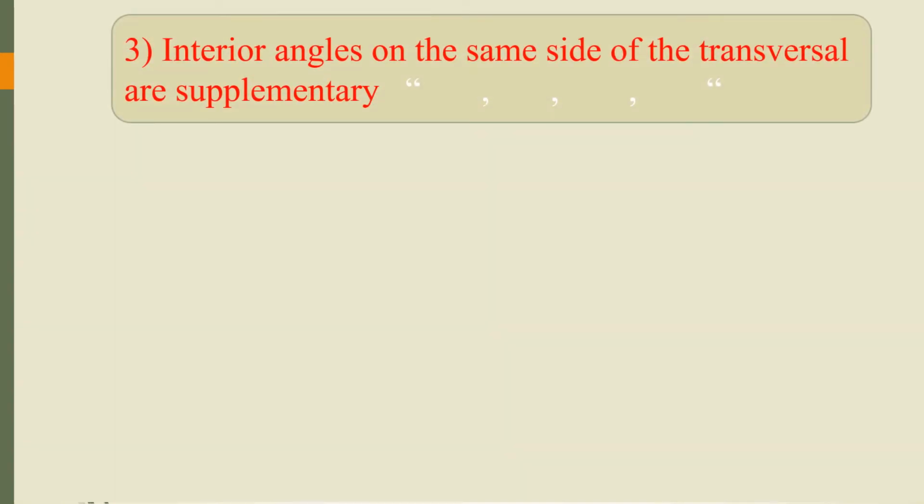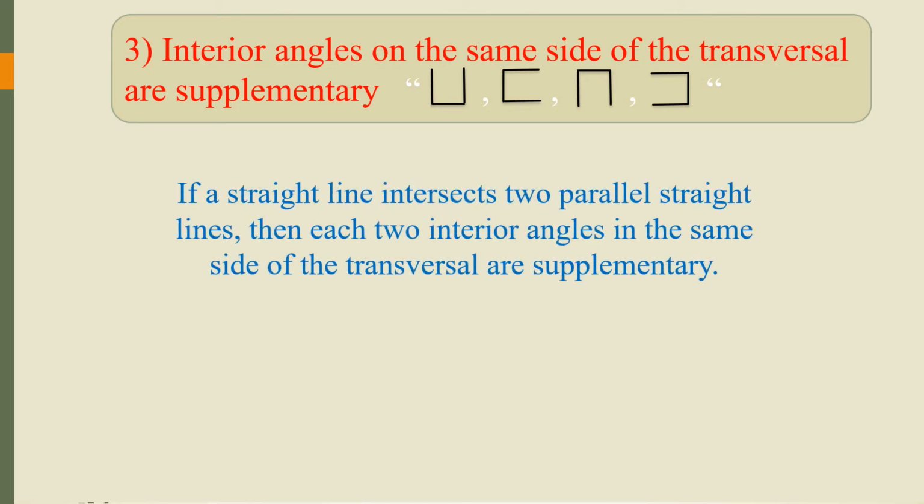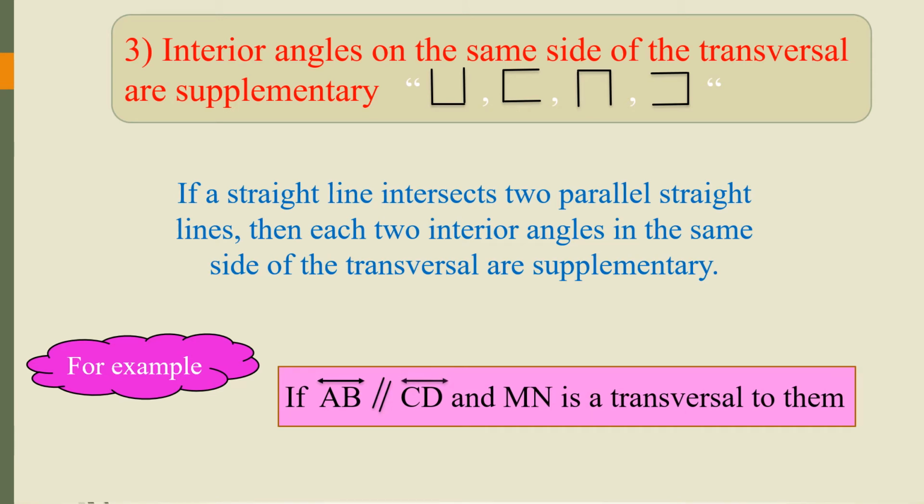Number 3, interior angles on the same side of the transversal are supplementary. And we can identify them using the letter U. If a straight line intersects two parallel straight lines, then each two interior angles on the same side of the transversal are supplementary. It means they sum to 180 degrees. Okay, for example, if the straight line AB is parallel to the straight line CD and MN is the transversal to them,